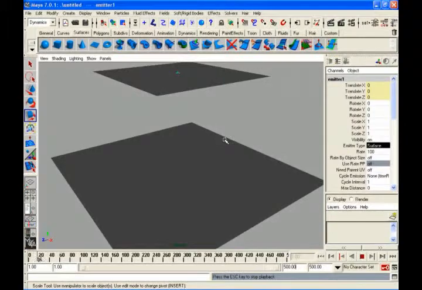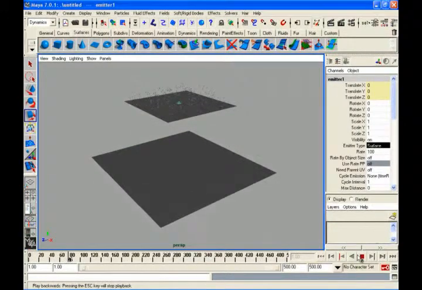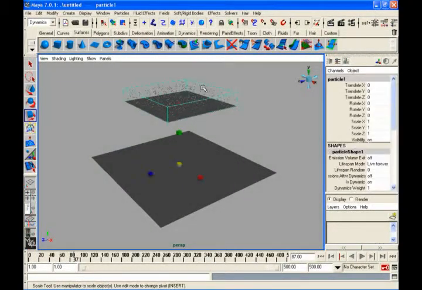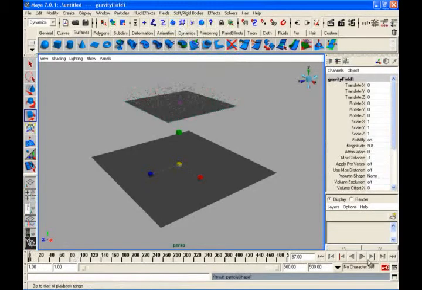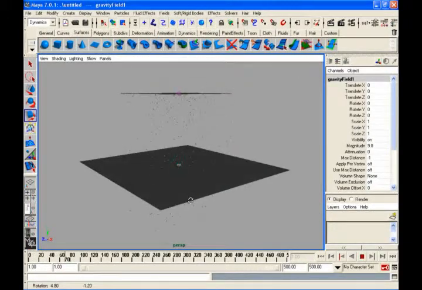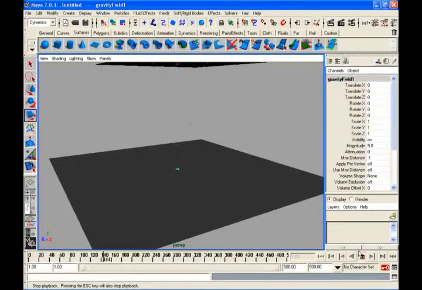They are just going up. What I have to do, just apply gravity to this. Just select your particle, fields, gravity. So next they will fall down, like rain. So I want to create like raindrops.